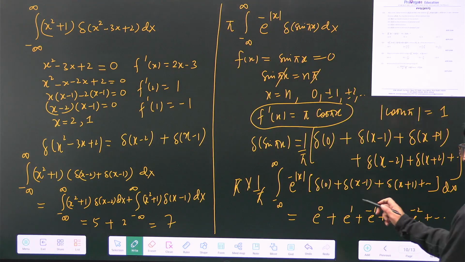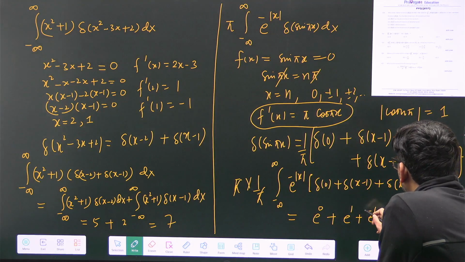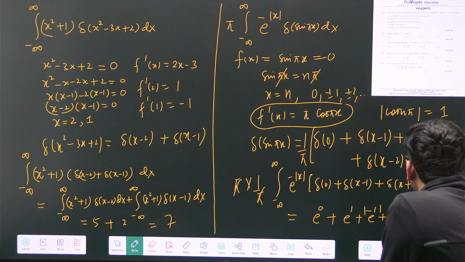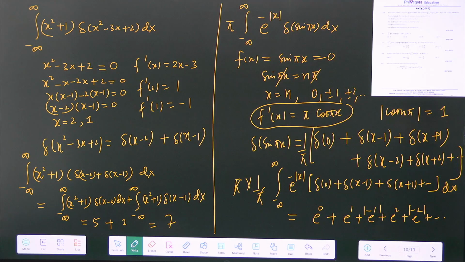This is mod here, right? So mod is always there. Minus mod x, so what is the minus value? वेट,